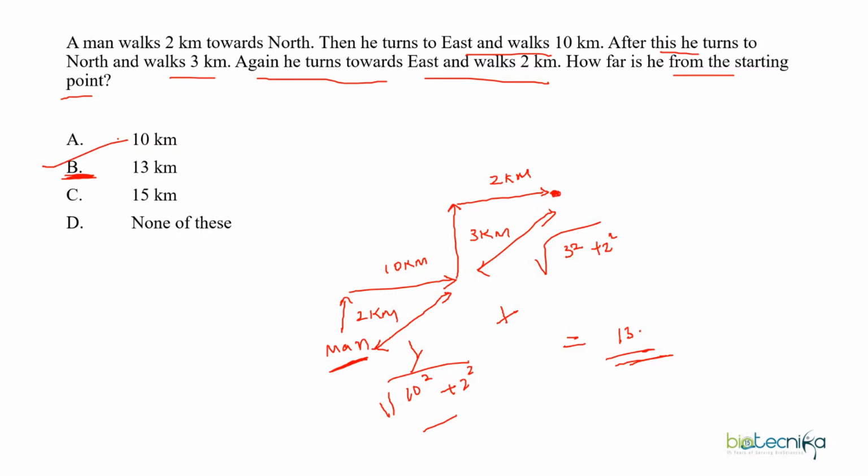राइट. सो दैट मीन्स यहाँ पर 2 पाइथागोरस थ्योरम सॉल्व करना है. रूट अंडर 10 का स्क्वायर प्लस 2 का स्क्वायर, और एक हो गया 9 प्लस 4, दैट मीन्स 3 स्क्वायर प्लस 2 स्क्वायर. सो एग्जैक्ट हो गया 13.30. दैट मीन्स मेरा नियरेस्ट हो गया ऑप्शन नंबर बी. दैट मीन्स 13 किलोमीटर मेरा इसके लिए सही आंसर होगा. ओके,